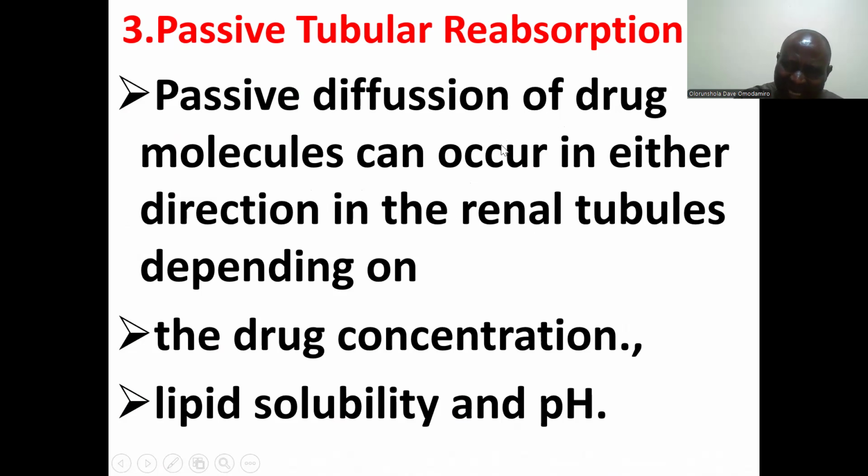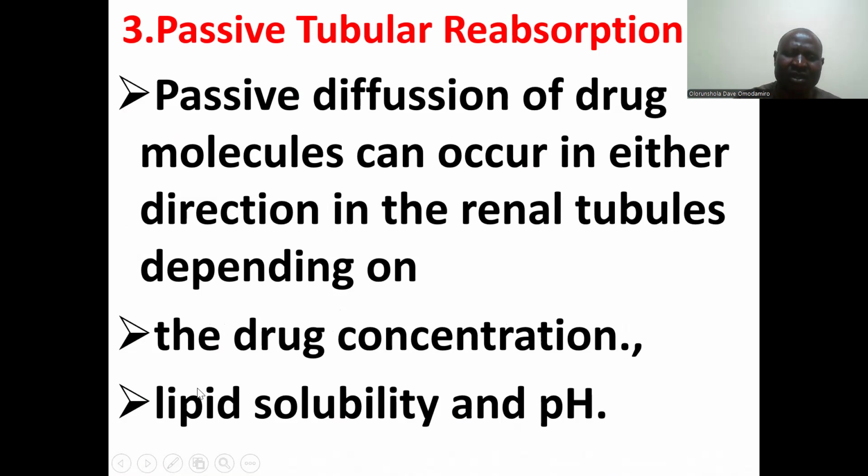The drugs that have originally been filtered into the renal tubule can passively diffuse back into the general circulation, and that will depend on the concentration, because at this time, the concentration of this metabolite in the renal tubule is so high compared to the concentration in the general circulation or in the bloodstream. So if there is a concentration gradient, a concentration difference, the drug molecule can undergo passive diffusion and be reabsorbed back into